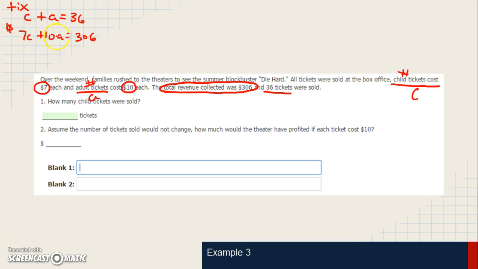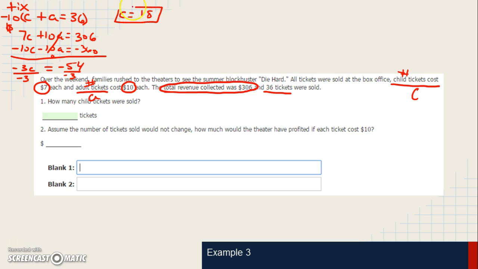Again, I need scalar multiplication so that I can eliminate these. I'm just going to go ahead and use -10. So I'll scale by -10. -10 times C is -10C. -10 times A is -10A. -10 times 36 is -360. When I sum these two equations, 7 minus 10 is -3C. 10A minus 10A is 0. That's why it's elimination. And 306 minus 360 is -54. So I have just enough space to divide by -3. And C equals